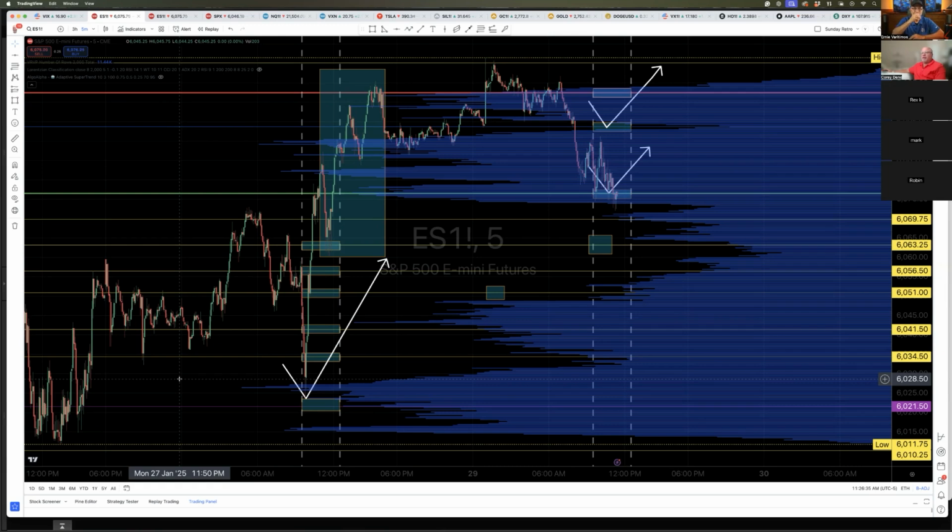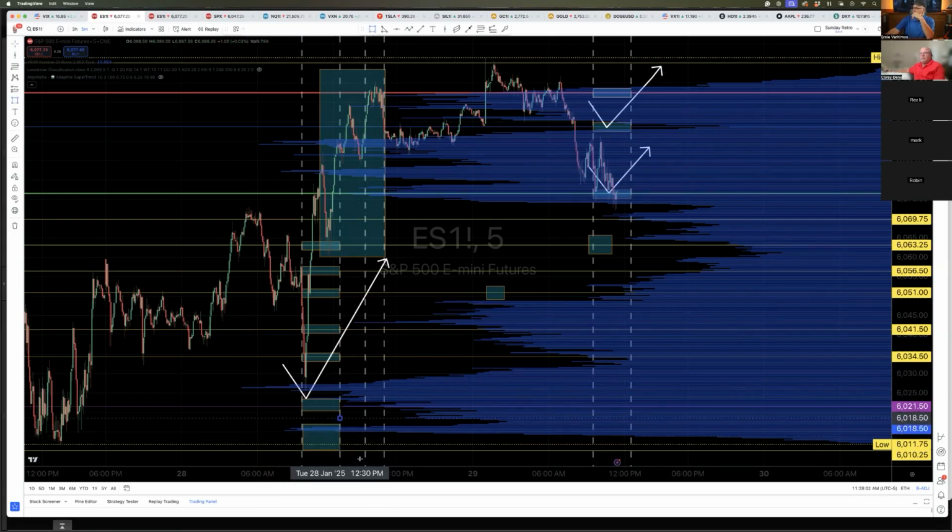Okay, so the second group is the afternoon session. Well, I don't show the afternoon session, but it's over here somewhere. No, this is just another day. I only show the morning. That's just another. This is today. This was yesterday. I mean, the market ended yesterday at 4 o'clock, which was right there. So if I were to mark off, all right, now there's all three sessions. That's the morning session. Here's the afternoon session, and then here's the closing session.